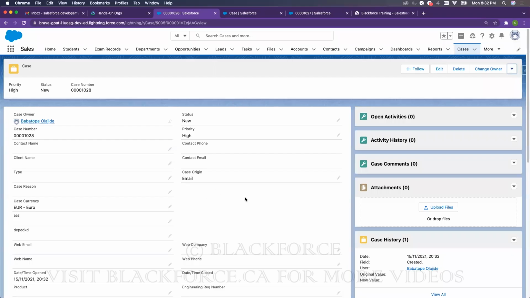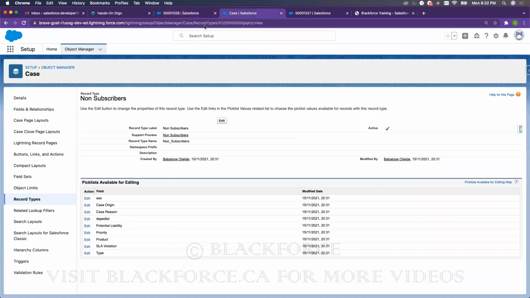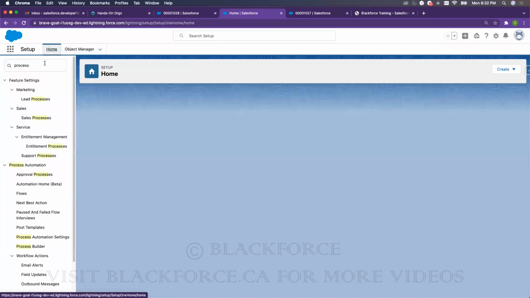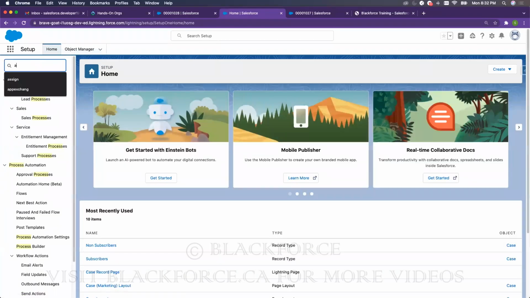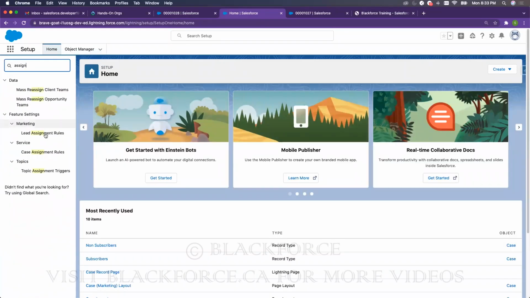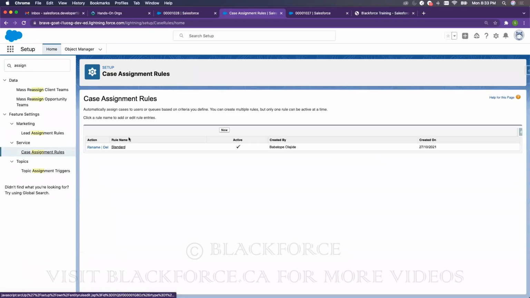So now let's say we have this case. What are the things we can do with cases? The first thing is we can do assignment rules. Just like we did for leads, we can do for cases. What are assignment rules? Assignment rules are just a way to,